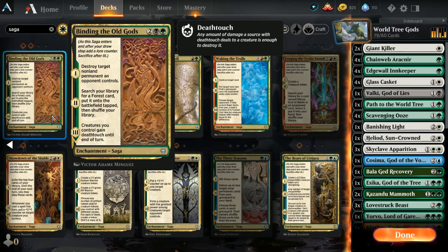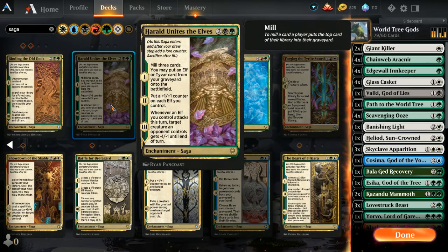The next turn, search your library for a forest card, put it on the battlefield tapped, then shuffle your library. Last turn, creatures you control gain Death Touch until end of turn. Outrageous. Okay, then Herald unites the elves. Okay,